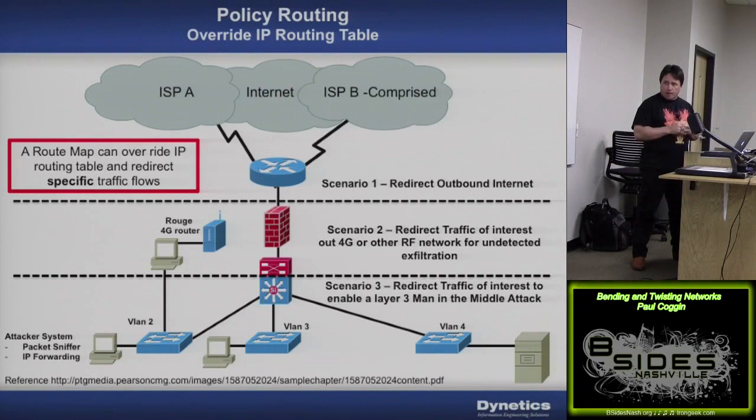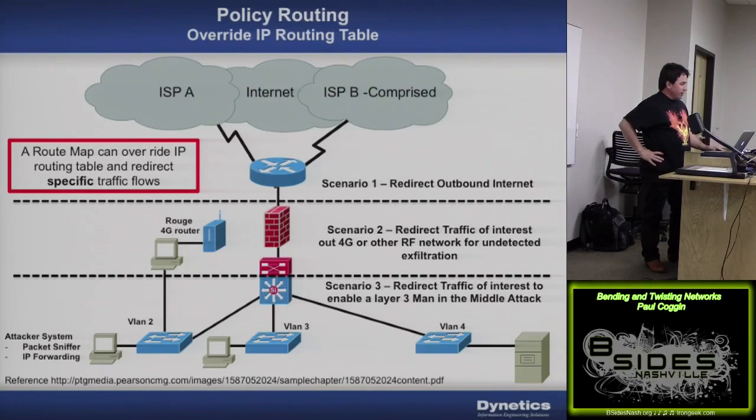And what you could do is, when you do the policy routing and set up the route maps, it's going to enable you to override the IP routing table on the router. The routing table may tell traffic to go northbound, but you know that you're on this layer 3 switch. It's got all these VLANs, and you want to do a man-in-the-middle attack, but you can't do the man-in-the-middle attack because the traffic that you want to catch is going inter VLAN, and it's not just inside of a VLAN